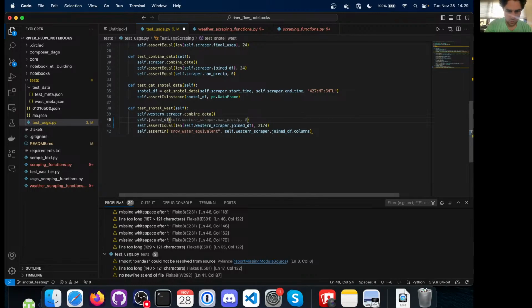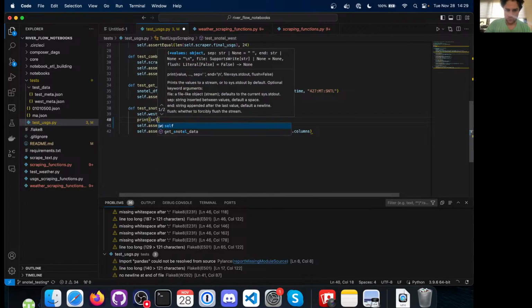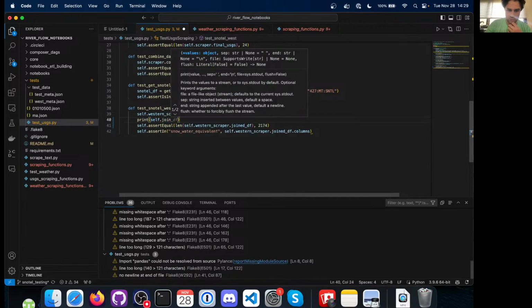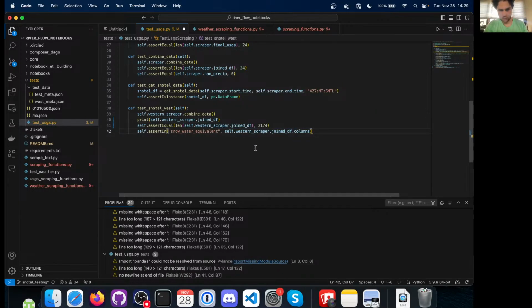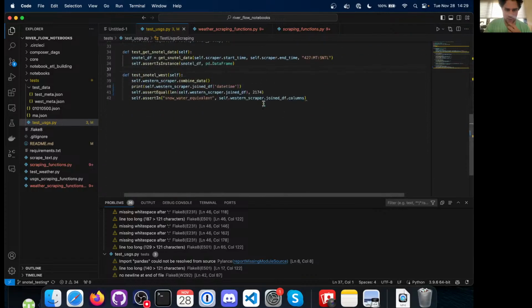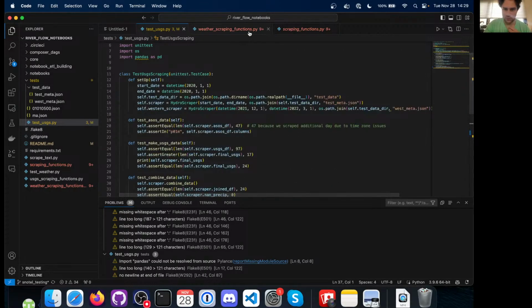So or wait, no, so I need to print this self.joined, self.westernscraper.join.df dot and then date time. So I'll just print that. I'll check that out next time, but I'll also proceed ahead